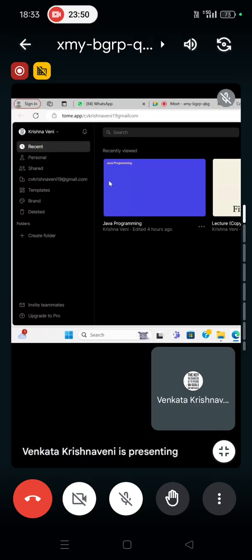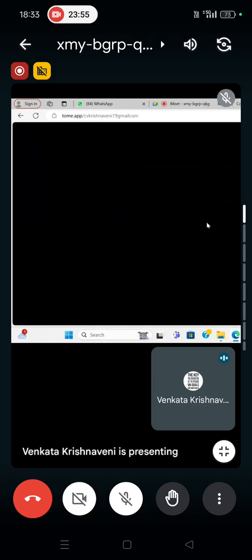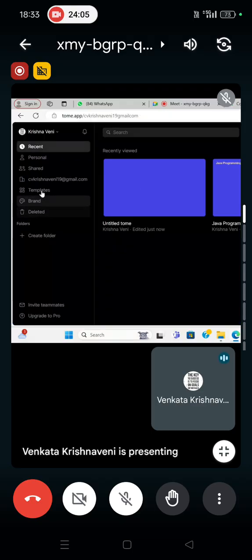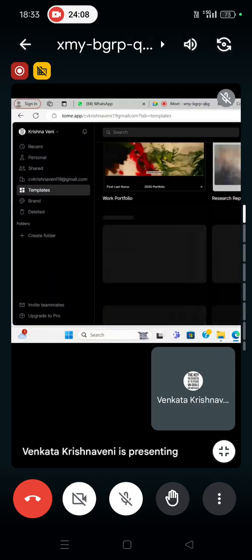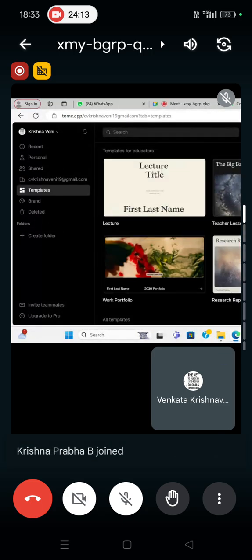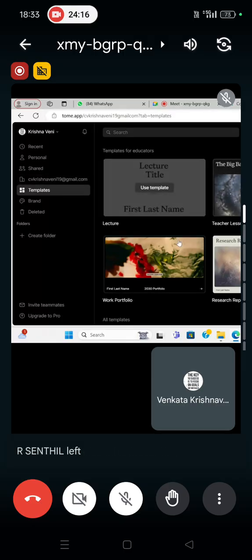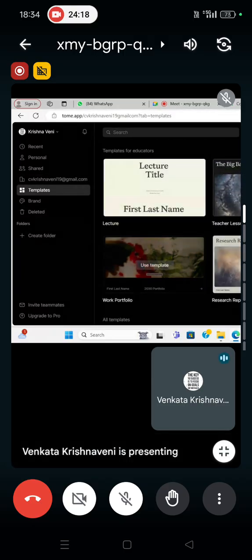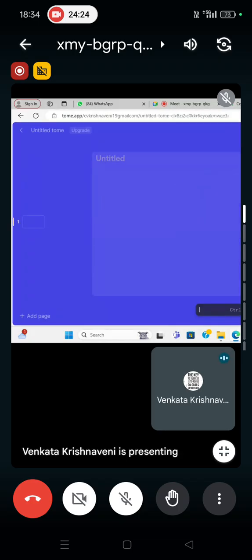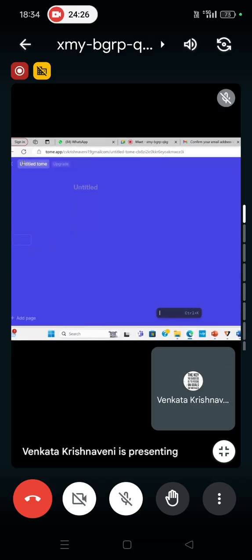Tom.app, I have created two here. Okay, start from blank. Look at this. I'm not upgrading, I'm simply sharing this with you. You can choose from templates also, you see. Several templates are available. We can choose from the template, or you can create from blank. So I am giving